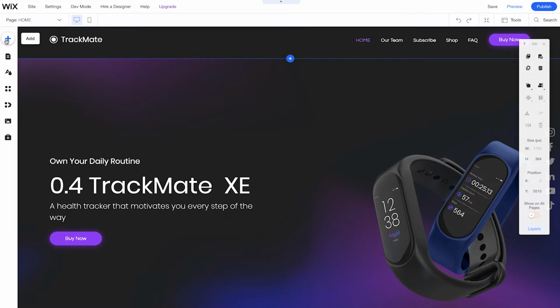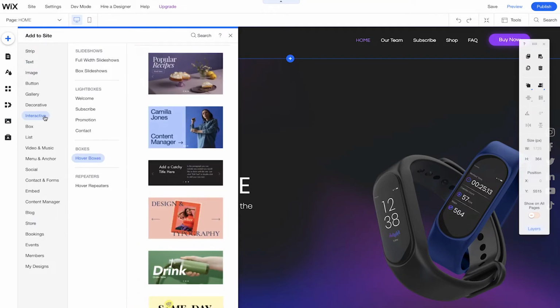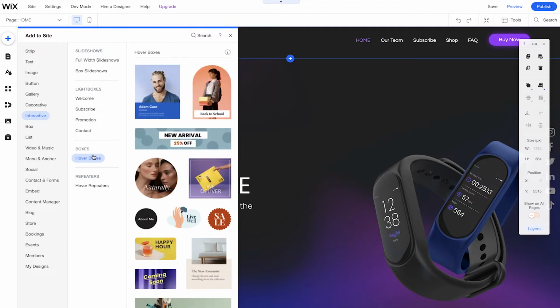What we'll do here is click Add. You're going to go down to Interactive, and then you can see a number of pre-arranged hoverboxes that we already have on the site. You can see here how they work. You hover over the box and something changes. In this case, the text in the boxes got larger. In this case here, you can see that the image changed to a different image when we hovered. These pre-made ones are really useful, as they're already there, so you don't have to do much work. You can just take them and add your content.